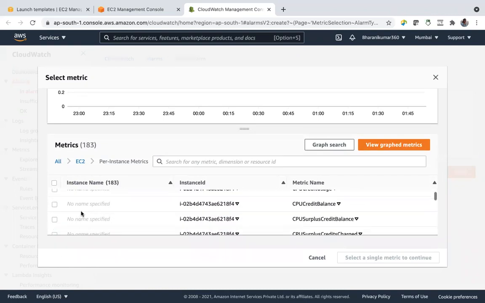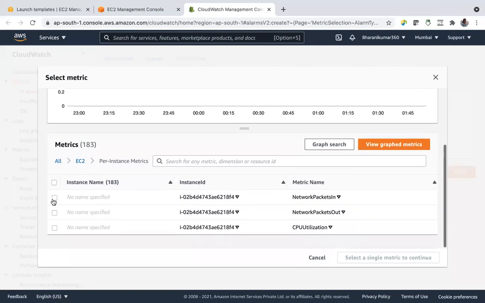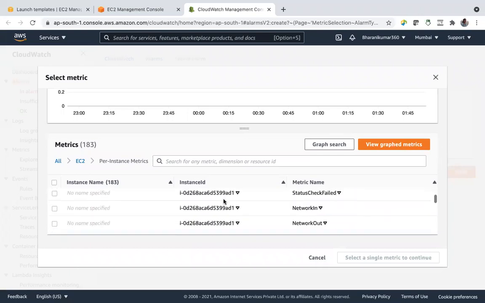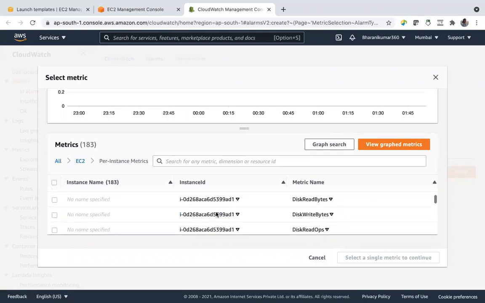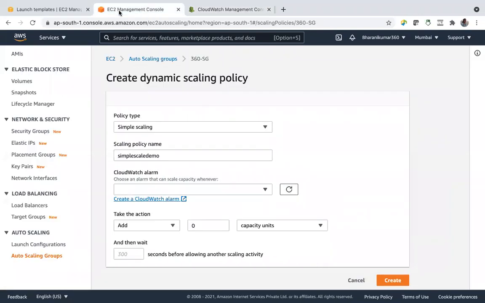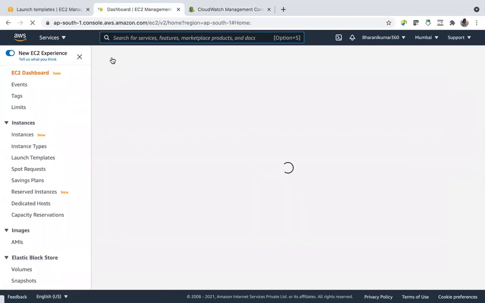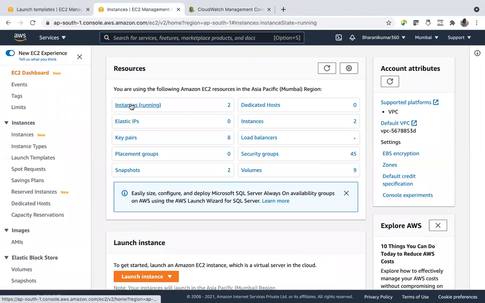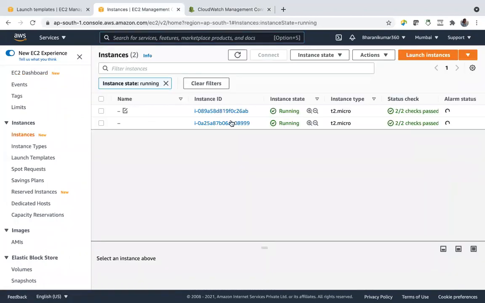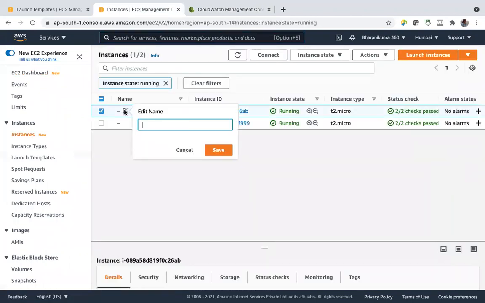I don't have names for my instances, that's why no name is specified. But you look into the ID. I have two instances. This is an instance ID, and this is a different instance ID. If I go to my management console, these two instances are there, right?